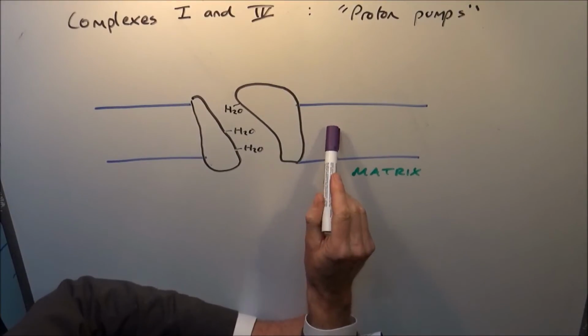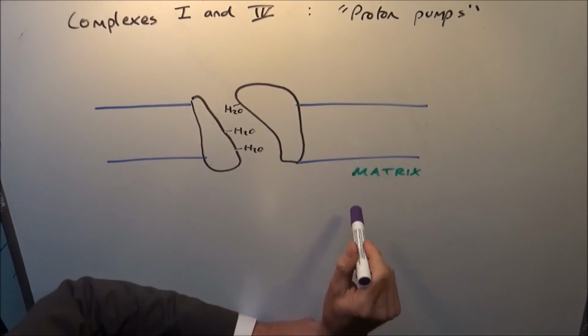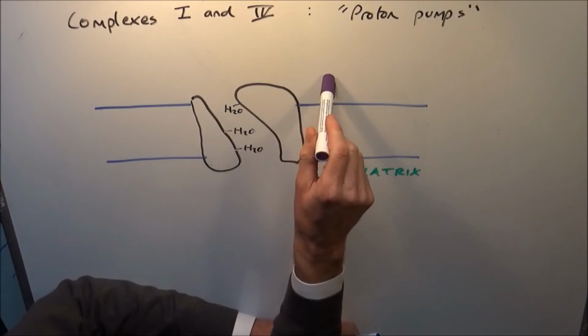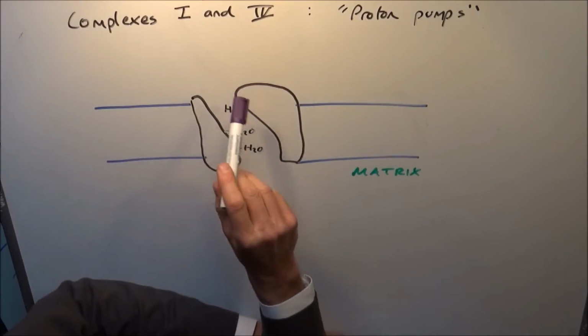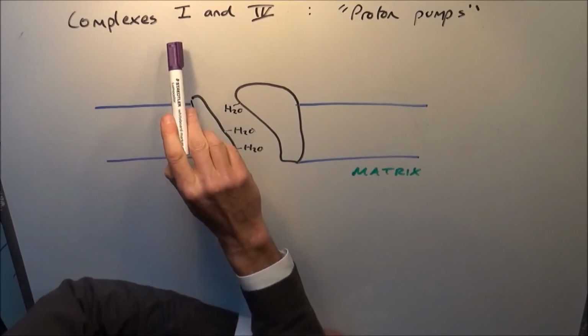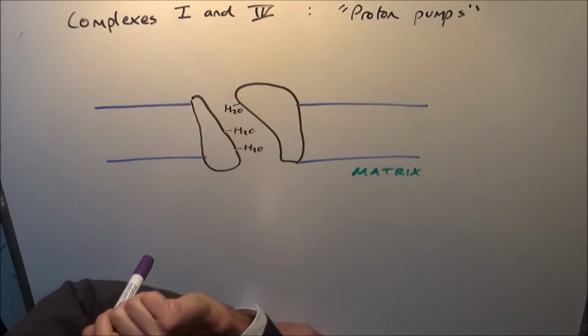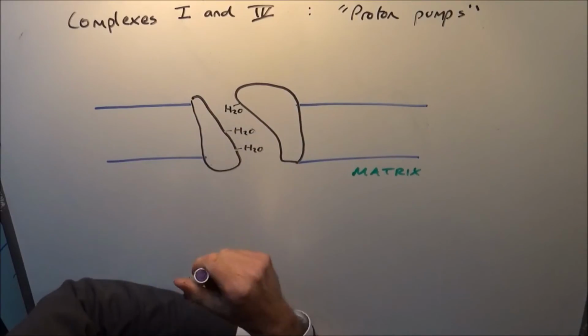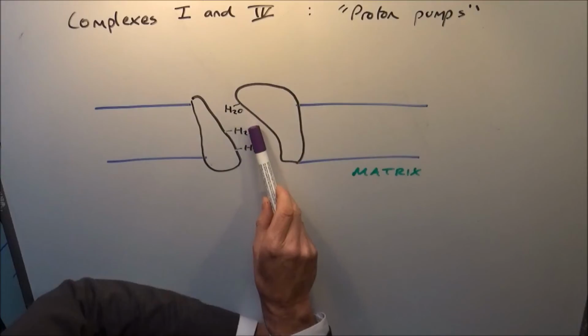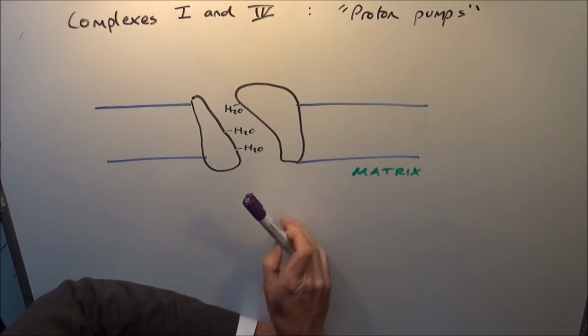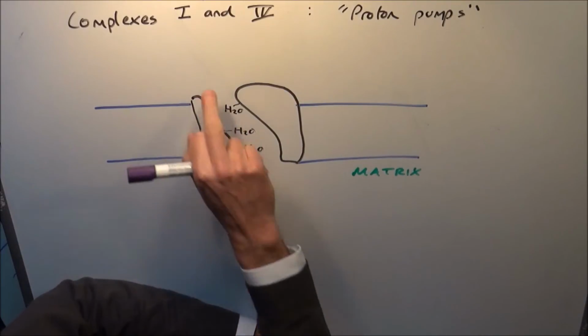This is the inner mitochondrial membrane. So we've got the matrix here and the intermembrane space here. And these black blobs just represent the massive protein complexes, either complex 1 or complex 4. So if it's complex 1, it's got 45 subunits. But going through that complex, there is a channel, so it provides a connection between the matrix and the space